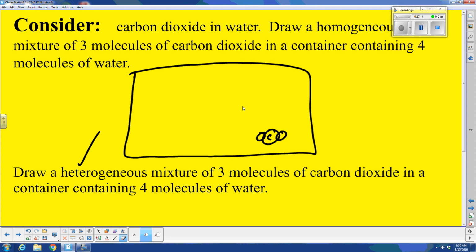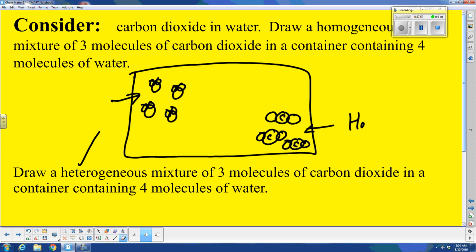Once again, I didn't have that right, did I? I need to have a small carbon. No, that's right. I had it right. Oxygens are slightly smaller. But in any case, I'm going to put all my carbon dioxides over here. So there's my carbon dioxides, and I'm going to put all my waters over here. So here's a water, and here's a water, and here's a water, and here's a water. There we go. And notice that if I sample on this side, I'm only going to get water. If I sample on this side, I'm only going to get carbon dioxide. And so this would be a representation of a heterogeneous,